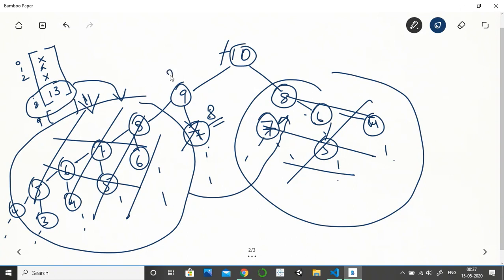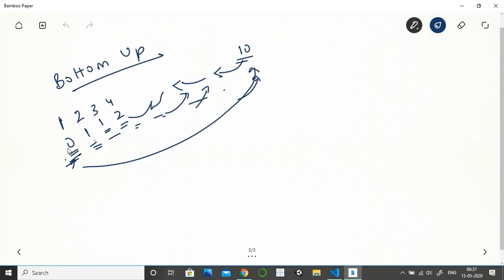So it will compute the value for 9, 21, and also store the value here. Once we have done that, next time if we have to compute for 9, we will just refer to this value. So that is how bottom up works. We proceed from a very low value and make our way to the top.